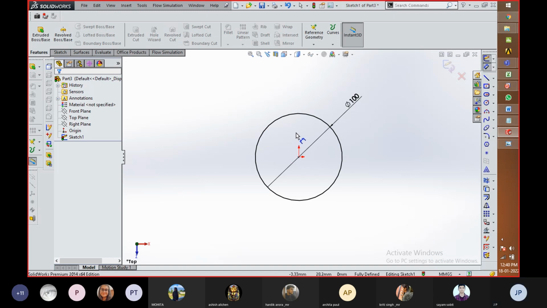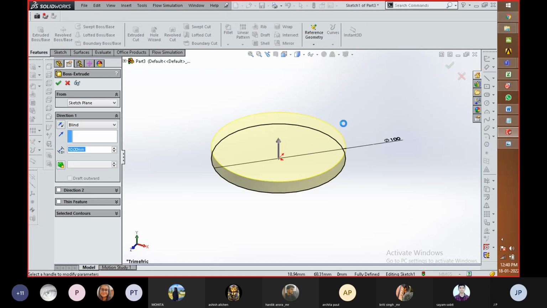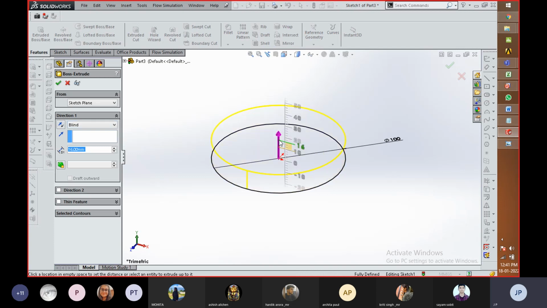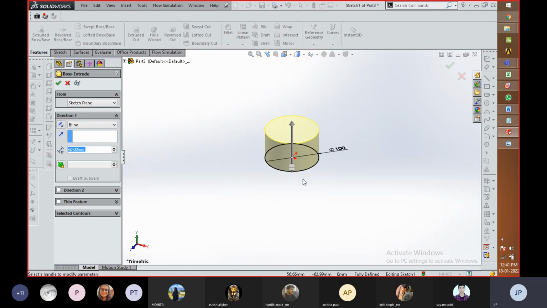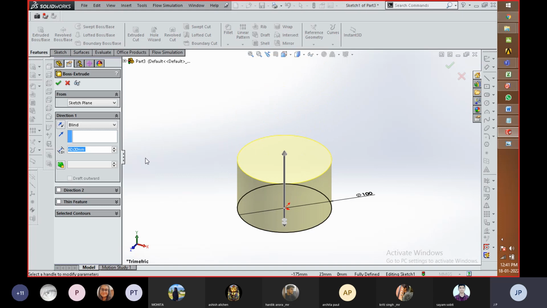what we are going to do is click on Extrude Boss. Okay. So you can see that the sketch is going to be converted into a 3D part. There are several options available within this tool. You can add thickness to one side. Okay, by dragging this arrow symbol, you can increase the value of its thickness.